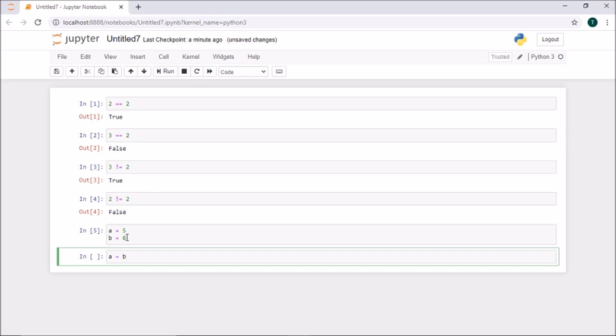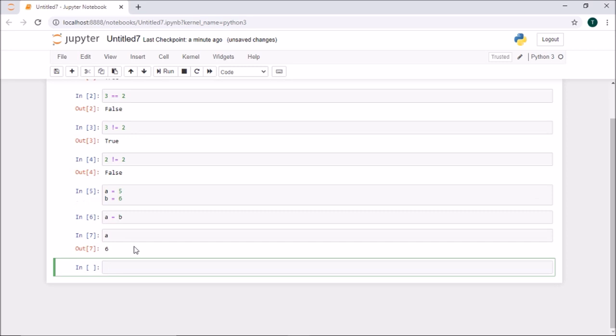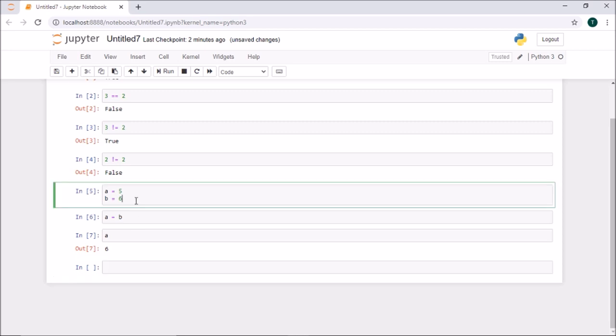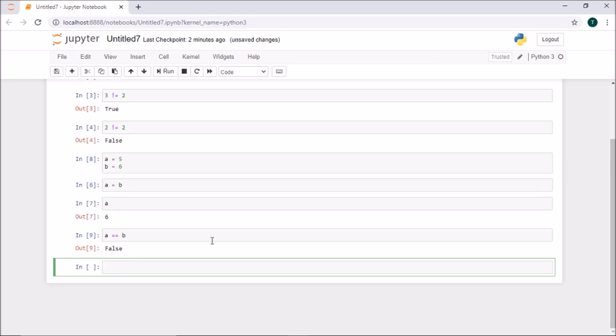I have a as 5 and b as 6. If I do this, it reassigns my a value to be b. If I run a, instead of 5 it comes 6 because it reassigned the value of b. If I want to check, I should write a double equal to b. If I run it, false, because a is 5 and b is 6, right?